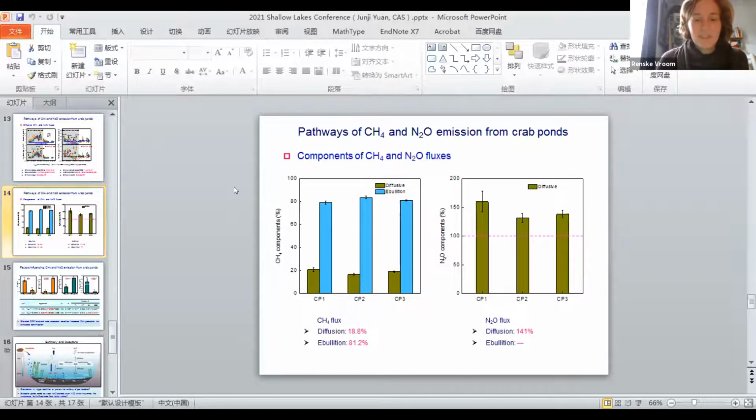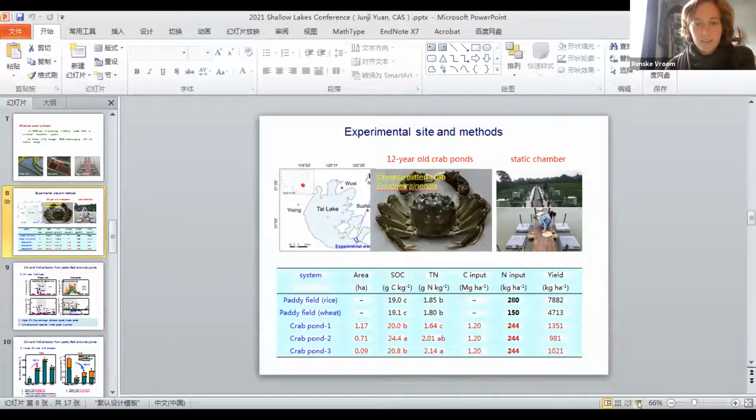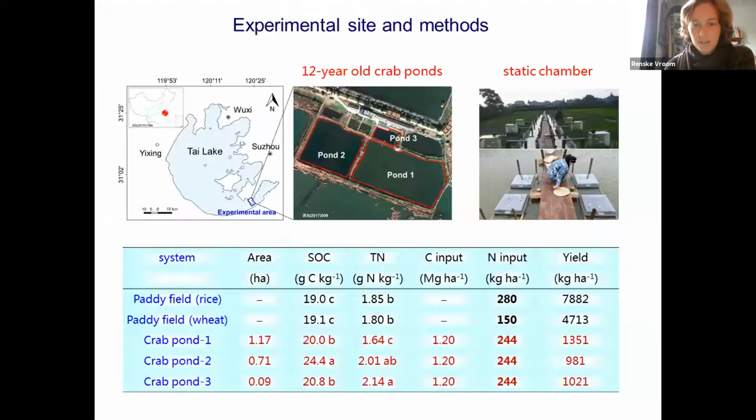Yes. First of all, I would like to say very nice presentation. And I was really amazed by seeing the aerial extent of these ponds, because it's so different from what I've seen in Brazil. And now my hands are actually itching to do a survey in China as well. Would be much less driving through the jungle. But very nice. And one thing I was wondering is about the management of these ponds, whether there are also aerators that you use, because I saw these white things also in the picture. I was wondering if there are something like aerators. And I was also wondering how the oxygen concentrations were in the water